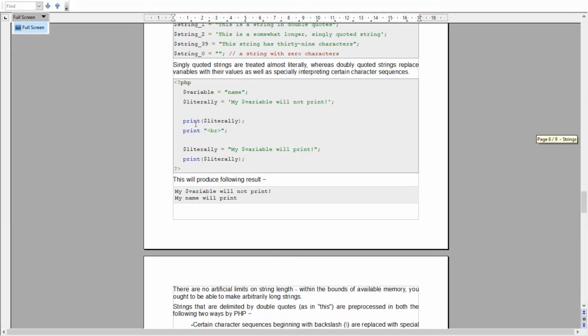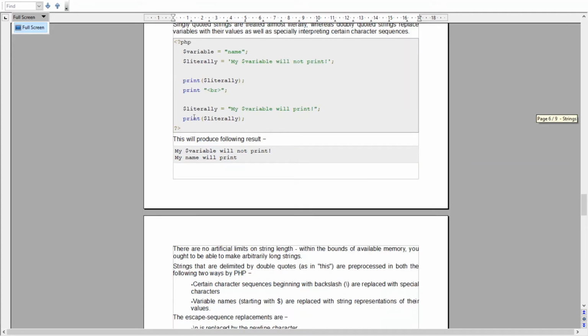Then we are printing this value literally, and after this we are printing a break element of HTML. Then we have declared the same variable literally again, and this time we are assigning the value in double quotes.